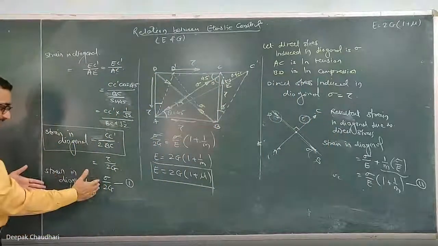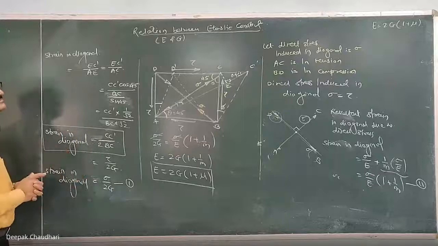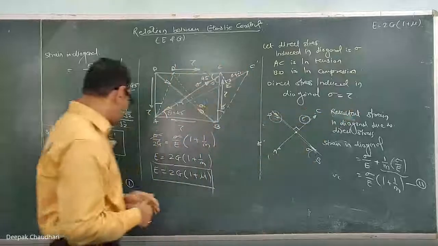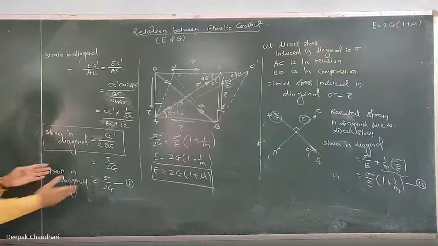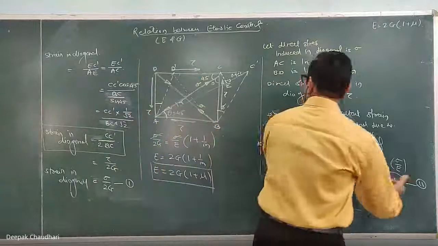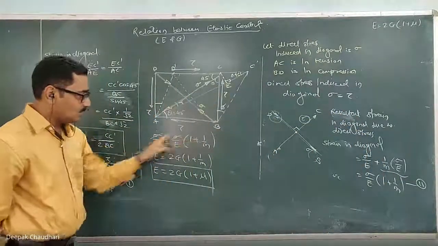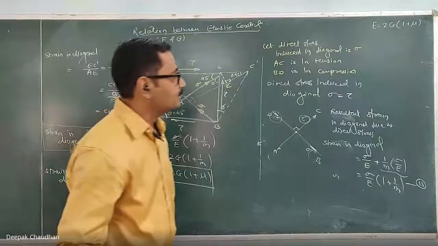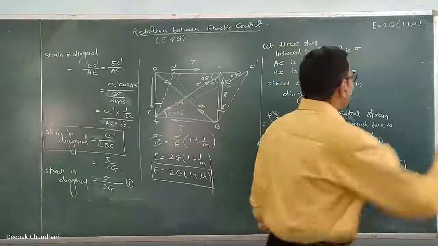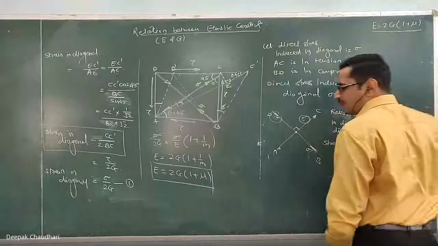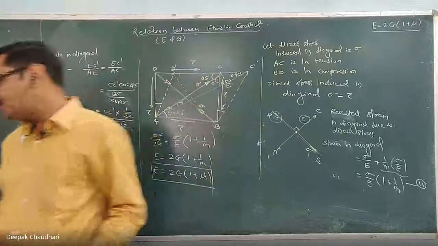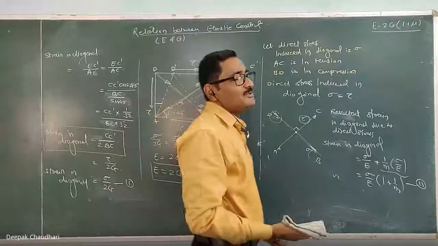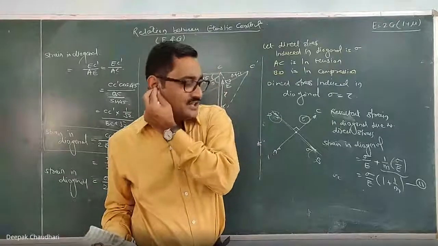This is the strain in the diagonal because of the shear stress. And we have proved that the shear stress is equal to the direct stress. So we replace tau by sigma and equate these two. If we equate these two, we get the relation E equal to 2G into 1 plus mu. This is the relation between E and G, the first relation which you have to remember. E equal to 2G into (1 plus mu), or 1 plus 1 upon m, the relation between the modulus of elasticity and modulus of rigidity.